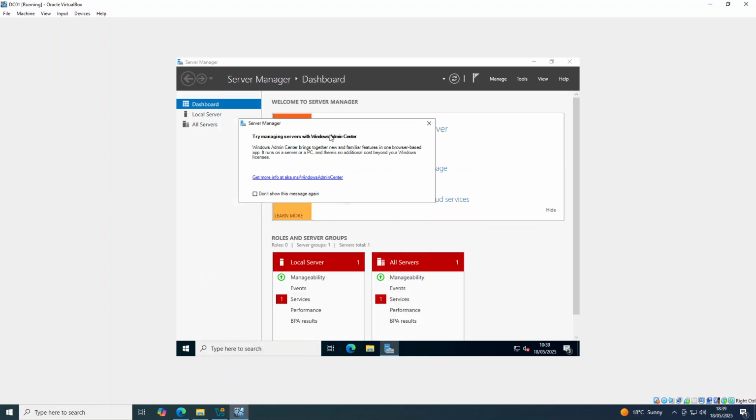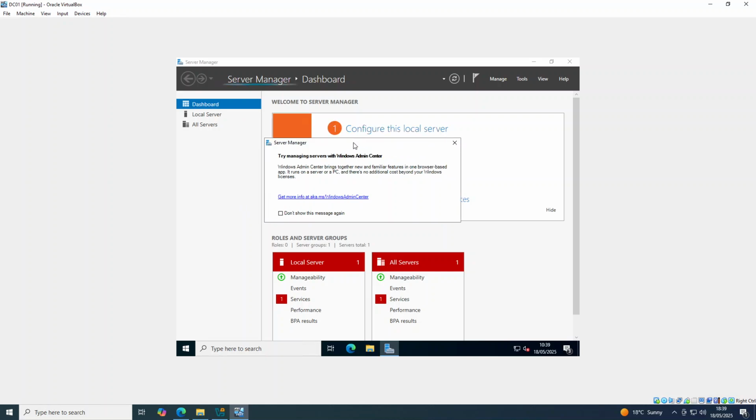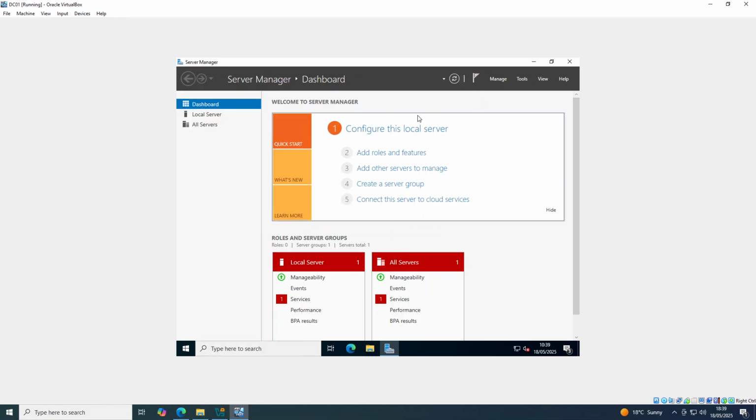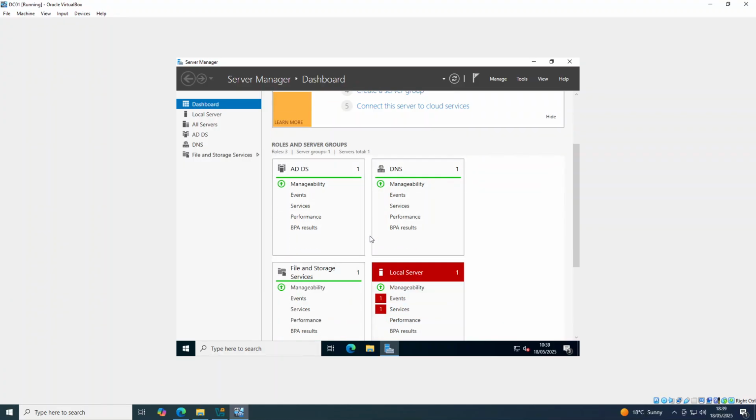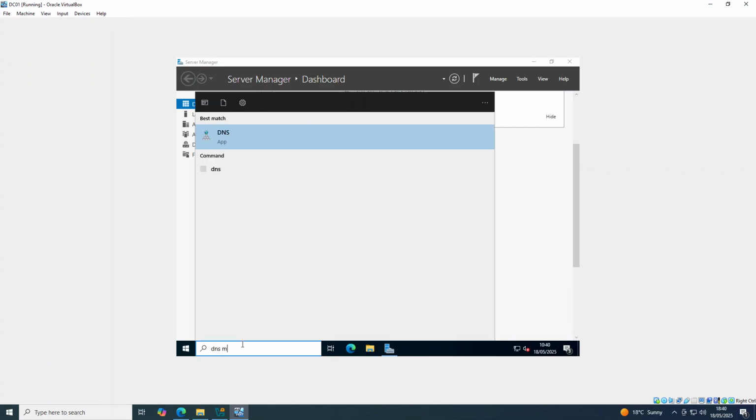I'll just show you that the Active Directory Domain Services installation has been successful. So we have Server Manager currently open, and in this area over here, it shows you all the roles that a server currently has installed. And as you can see, Active Directory Domain Services and the DNS service as well. So as we're talking about DNS, let's just open up DNS Manager